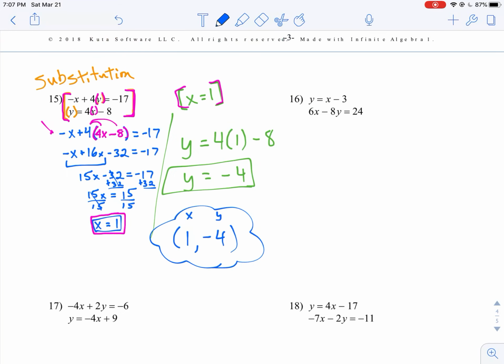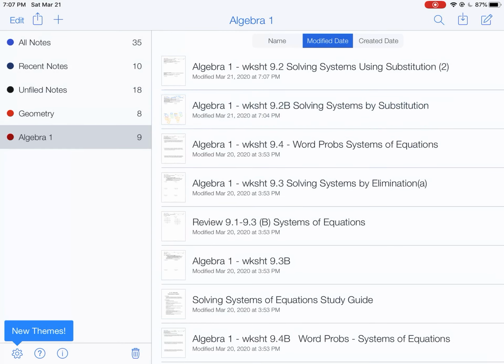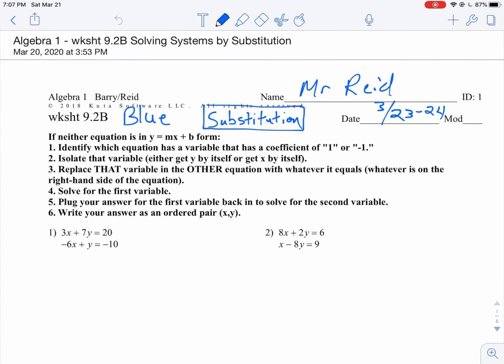X is 1, y is negative 4. Okay, so that's substitution. Now let's go to what the homework is going to be, which is going to be